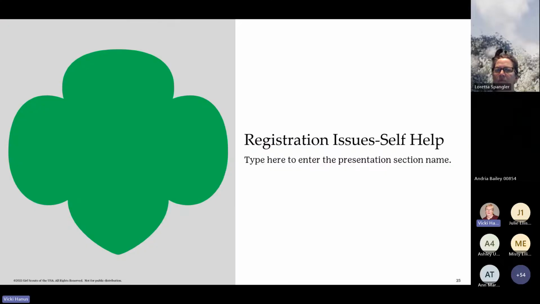Okay, and then just real quickly, in order to receive the digital cookie registration, a Girl Scout must be registered for the current membership year, and the Girl Scout Council will need to have the correct email address on file for her primary caregiver. If girls or parents say they haven't got that, once we get uploads done, and we are currently working on trying to get that upload completed, make sure that they check their junk or spam inboxes and make sure that there isn't an email from